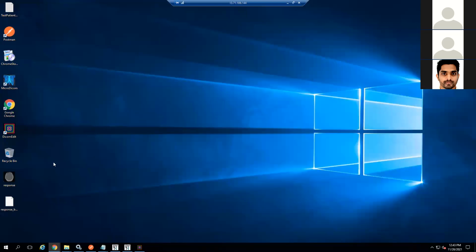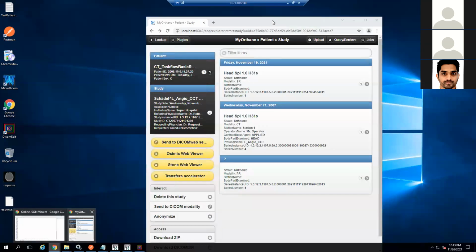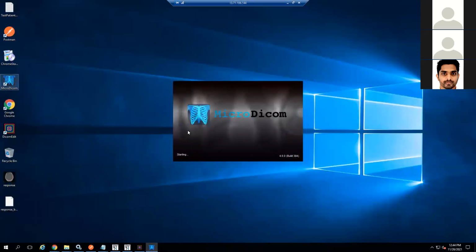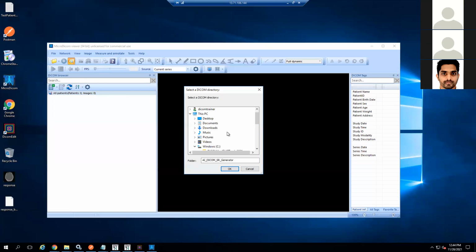Now I'll explain the DICOM view part, where I want to view the complete objects I send in the DICOM viewer. So I'll open the DICOM viewer, and in the DICOM viewer, I'll open the folder where I saved it.